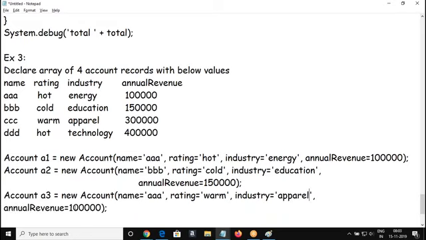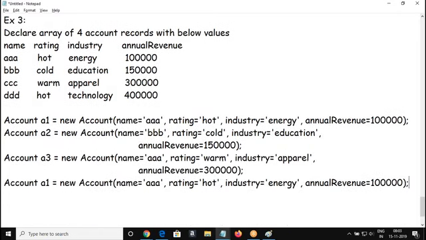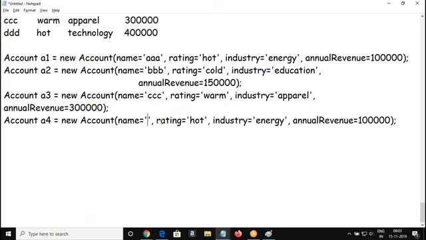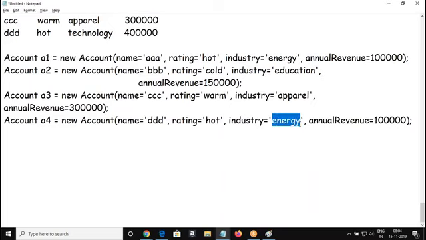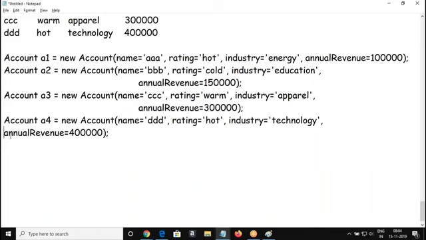Apparel. 30,000. So it's hot. I have 4 records now.